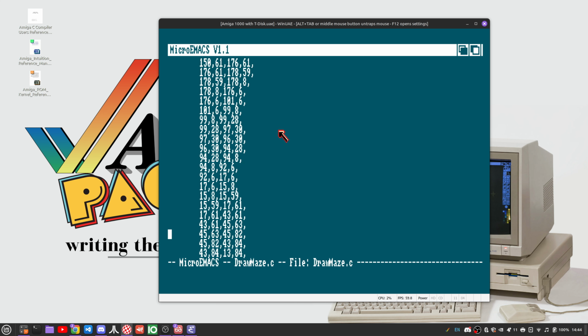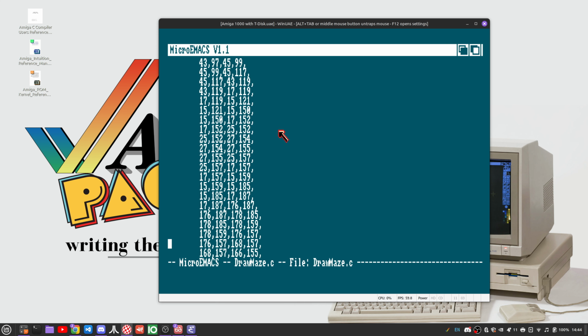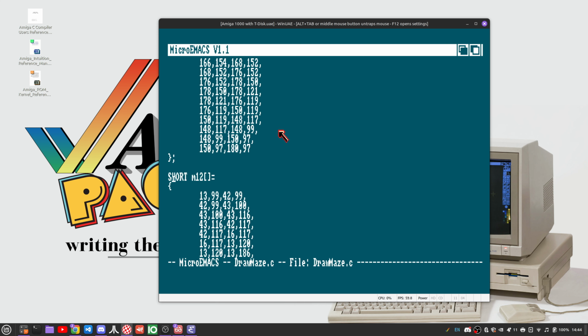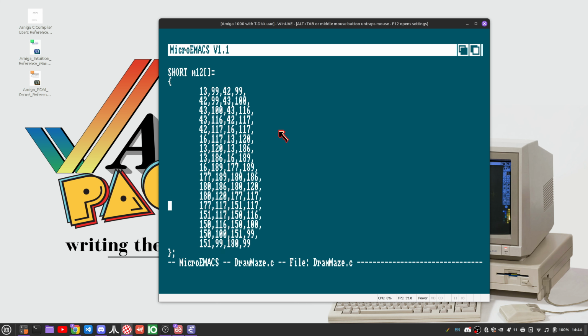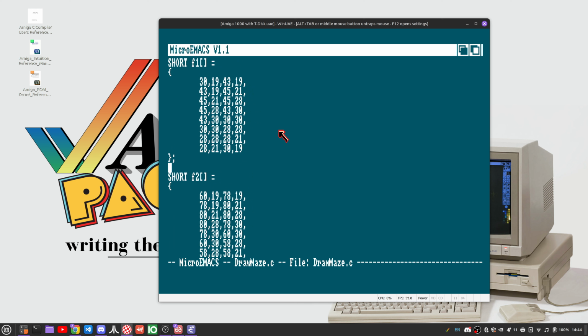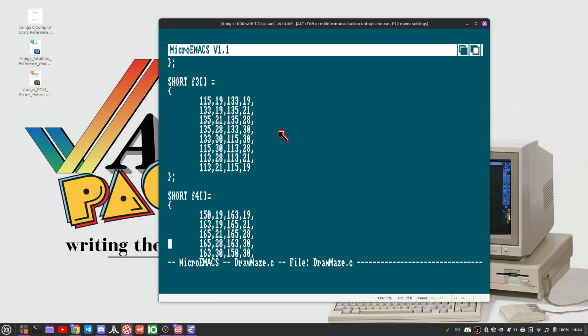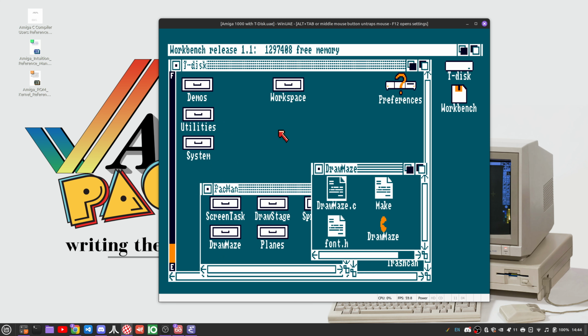We draw the maze borders all the way around, and then each one of these links to the next one. And then the individual maze features, the different corners, the different edges, the different pieces inside the maze that create the various tunnels. And if we actually look inside of it a bit more, we'll, sorry,